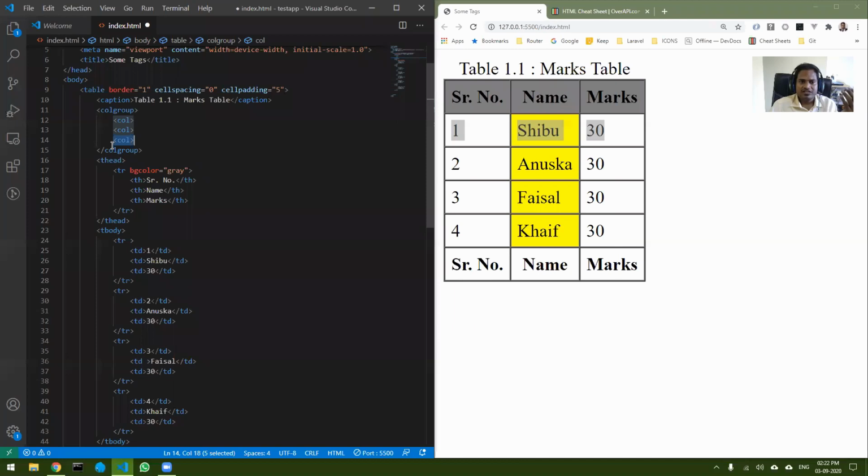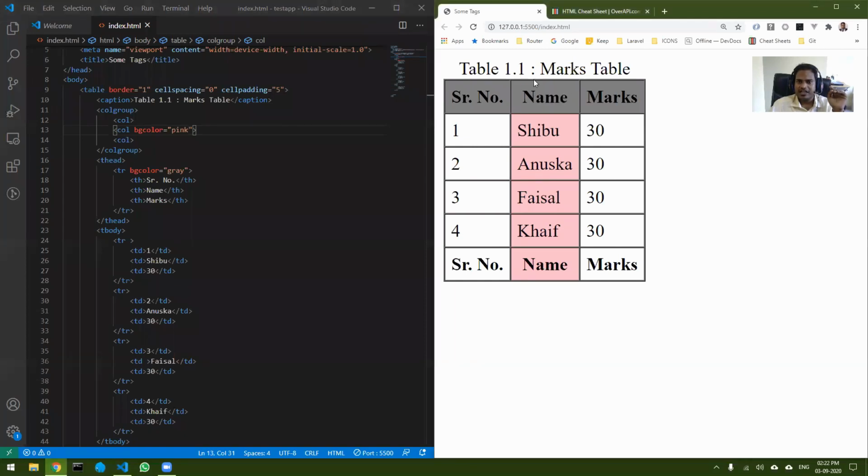Now let's suppose I want to change the center column's color to pink. All I have to do is come into col and do bgcolor pink, and save. You can see the entire column's color changes to pink, including the head and the footer, but only this color did not change.